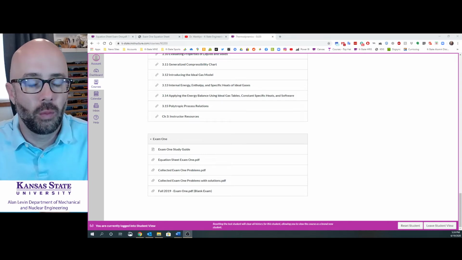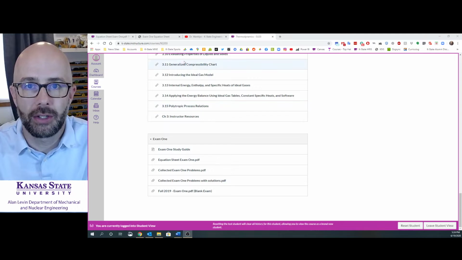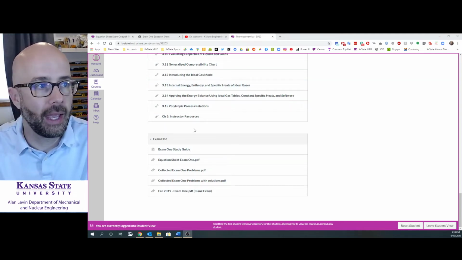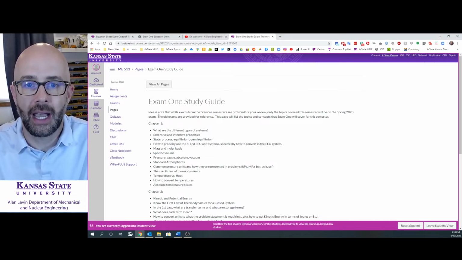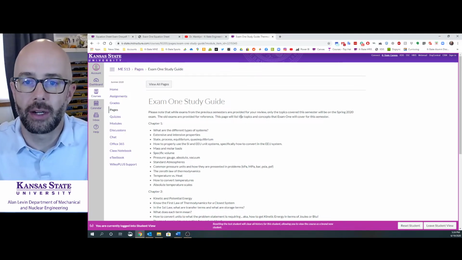Okay, let's look at what resources you have for exam one down here in the modules. I'm looking at a student view here so that you can see what's going on. You can see that the exam one study guide is posted first of all. And this study guide is going to say the following thing, that previous semesters' exams are given to